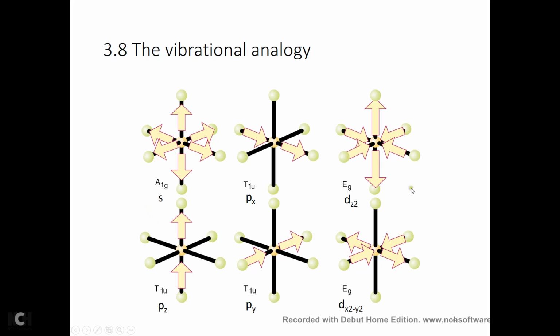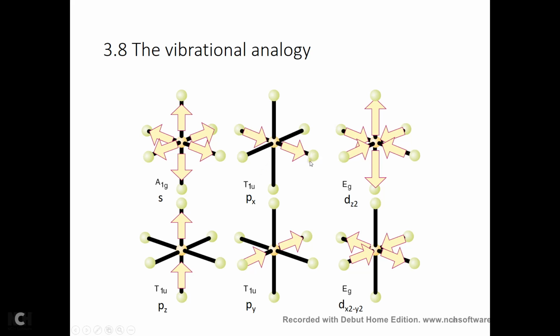So they actually correspond to the molecular orbitals. And this corresponds to the s orbital of this sulfur interacting with the 6 fluorine atoms. It's totally symmetrical. These 3 correspond to the px, py, or pz orbitals on sulfur interacting with only 2 fluorine